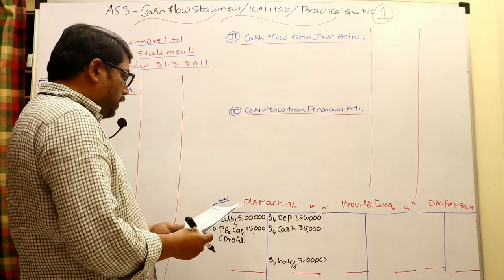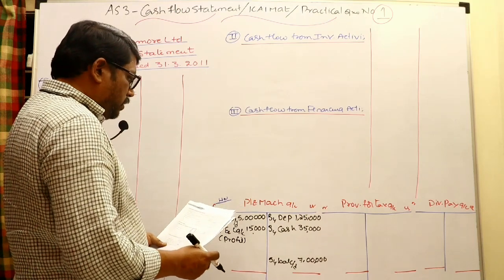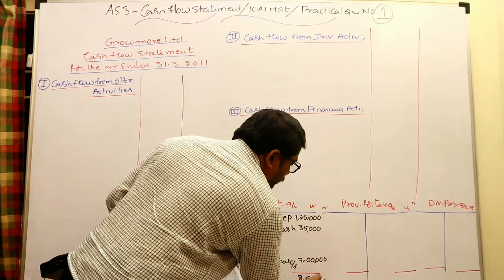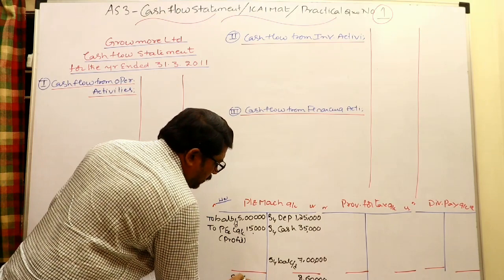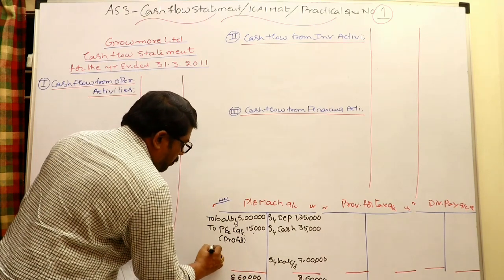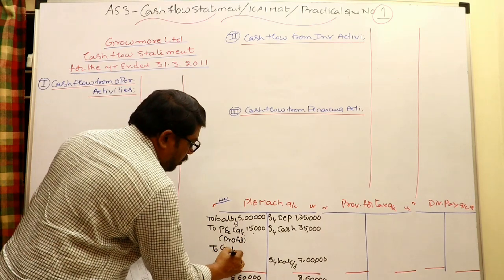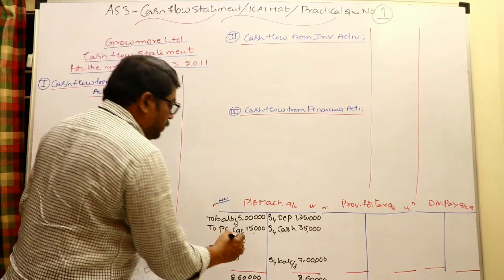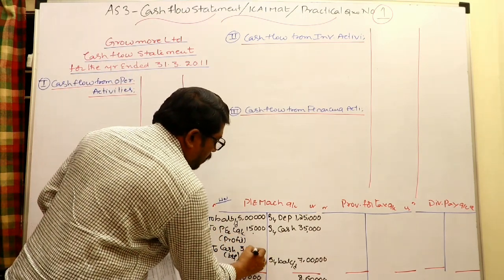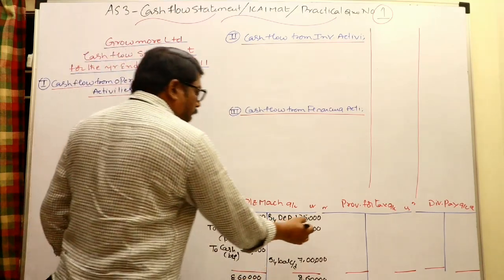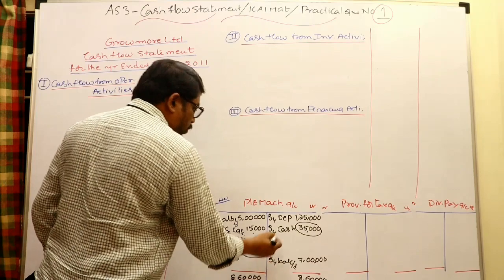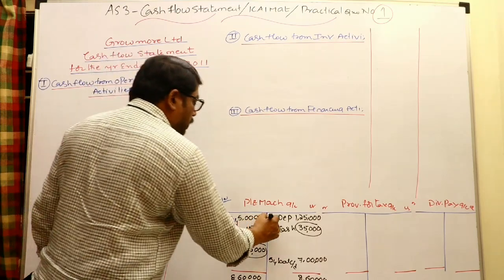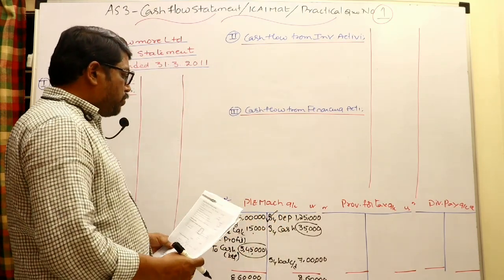There are no more adjustments, so the balancing figure is like a purchase. Go to the credit side total. It looks like 8,60,000. Whenever plant and machinery is purchased, the plant and machinery account is credited to the cash account, which is the balancing figure. It looks like 3,45,000. Purchase of plant and machinery we came to know from that, and the sales were already given. Even profit and depreciation are also required while doing the cash flow statement.